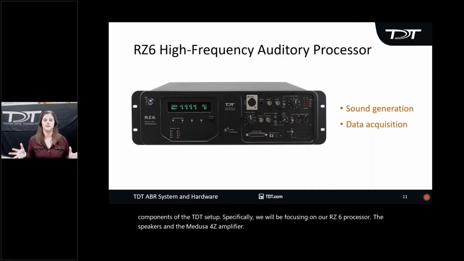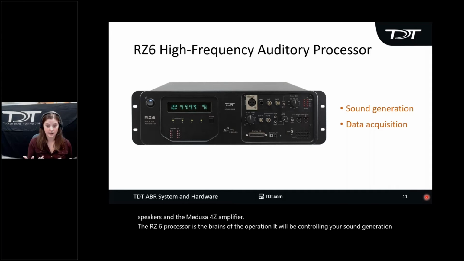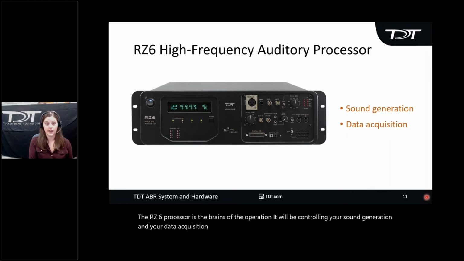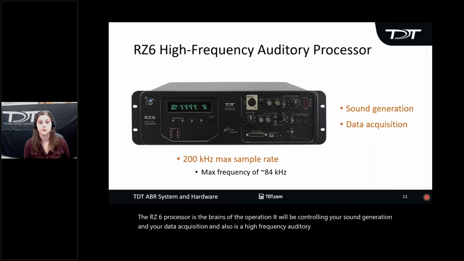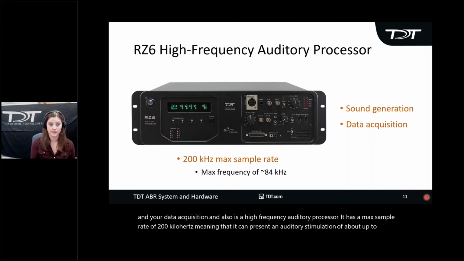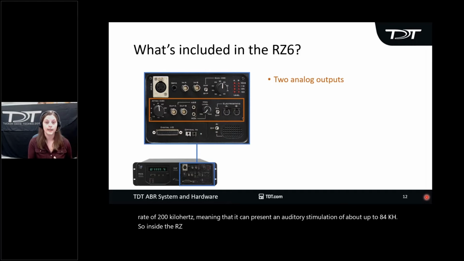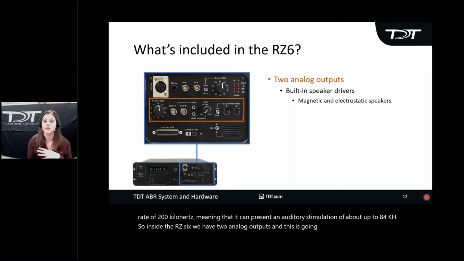The RZ6 processor is the brains of the operation. It will be controlling your sound generation and your data acquisition. And it also is a high frequency auditory processor. It has a max sample rate of 200 kilohertz, meaning that it can present an auditory stimulation of up to about 84 kilohertz. So inside the RZ6, we have two analog outputs,